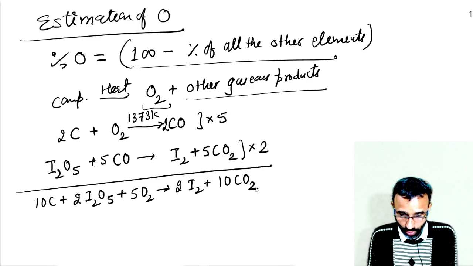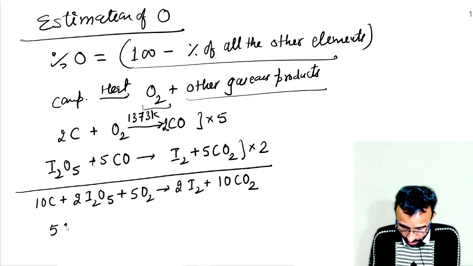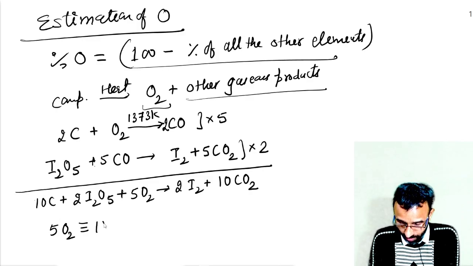So overall, 5 O2 is equivalent to 10 CO2, and it is equivalent to 2 I2,